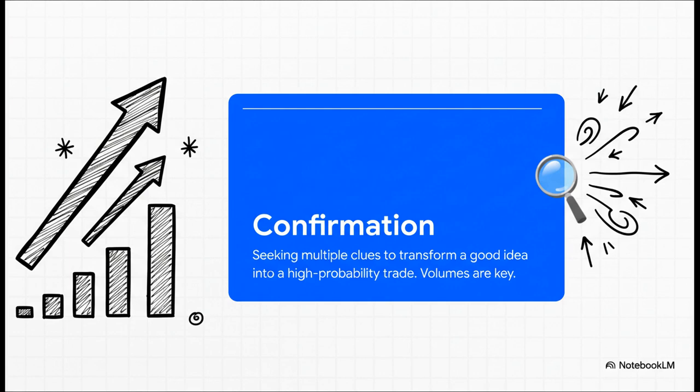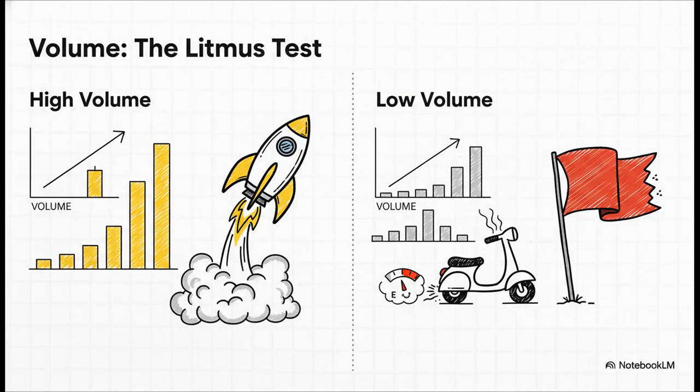So what exactly is confirmation? It's really just finding a second piece of evidence to back up your first signal. And when it comes to confirming a shift in market momentum, there is one tool that acts as the ultimate truth detector, and that's trading volume. So why does volume matter so much? Because it measures the conviction, the raw power behind a price move. An RSI trendline break that happens on high, increasing volume tells you the move has fuel in the tank. But a break that happens on low, pathetic-looking volume is a major red flag. It means the move has no real support and is very likely to fail.